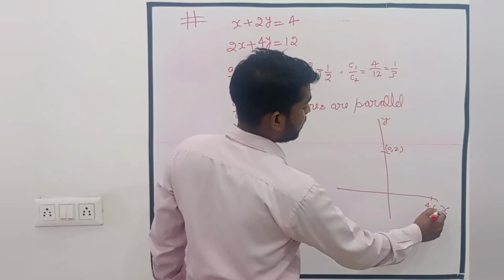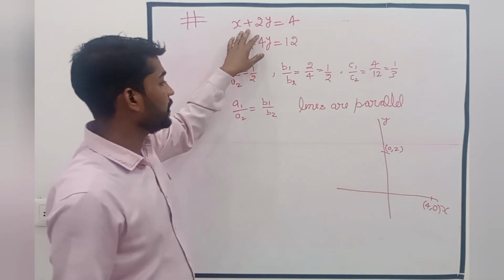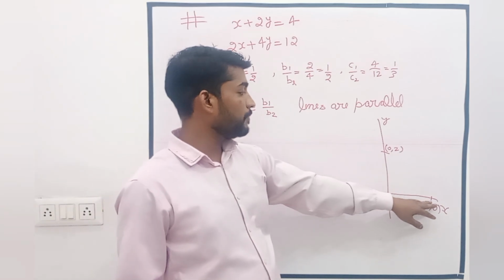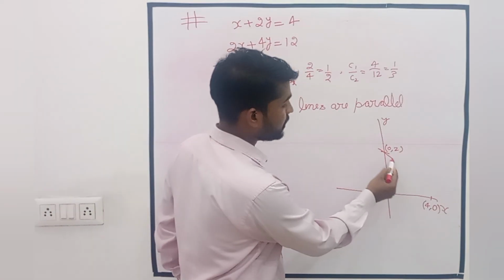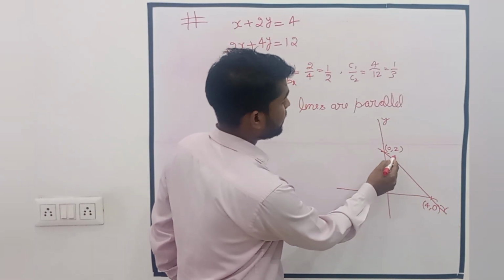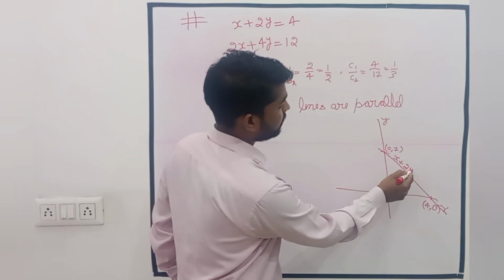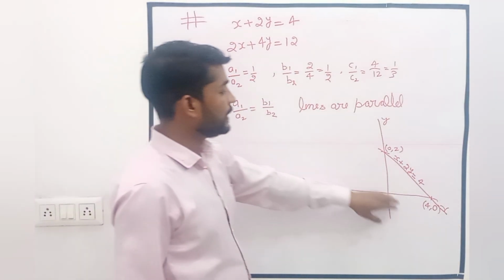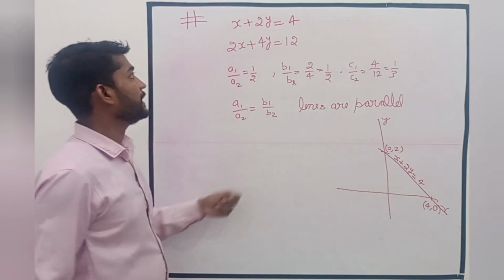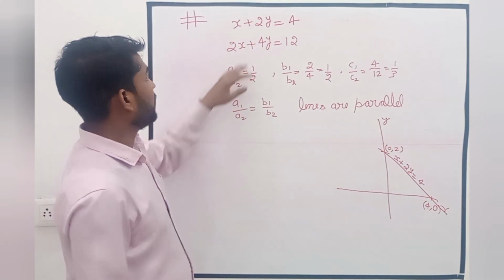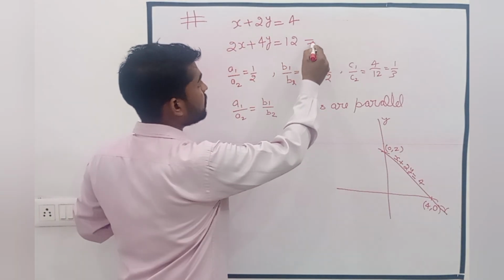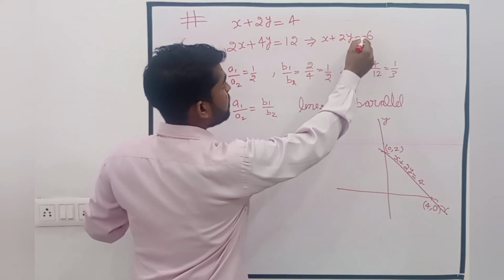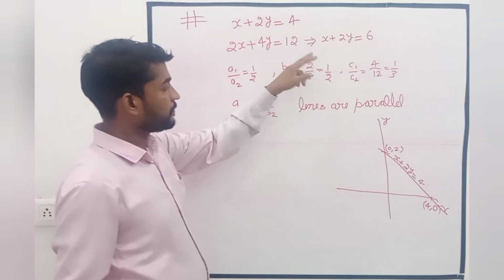that will become 4 comma 0. This equation cuts the y-axis at this point and cuts the x-axis at this point, and we can join them because it's a linear equation. This line is x plus 2y equal to 4, and the other equation is parallel, either on this side or this side, and we can check. This equation we can also write in the form x plus 2y equal to 6,